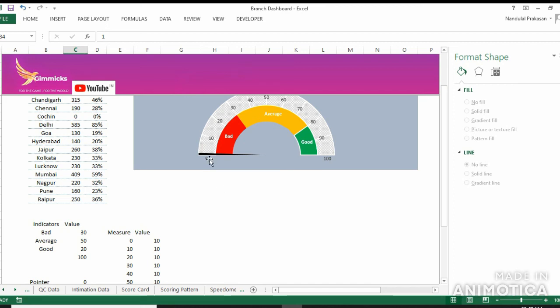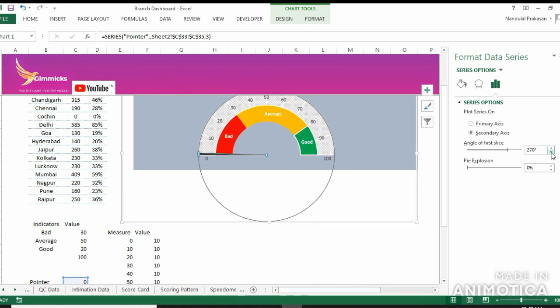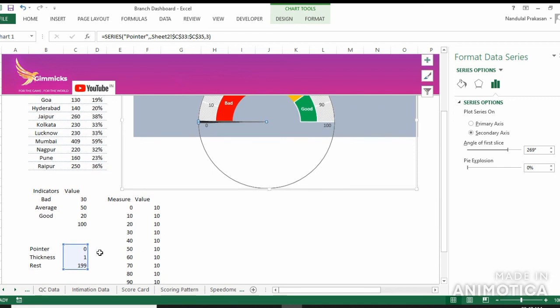If you feel that it is a little upper, what you can do is click on this, and the angle of slice you can reduce it a bit, so that you can calibrate where exactly you want it. If you want to keep it up, you can increase the percentage. You can adjust it according to your requirement, however you want to calibrate it. So I felt it was a little above. So what I've done is I've reduced the angle of slice so that I can get it a bit lower. Okay, great.